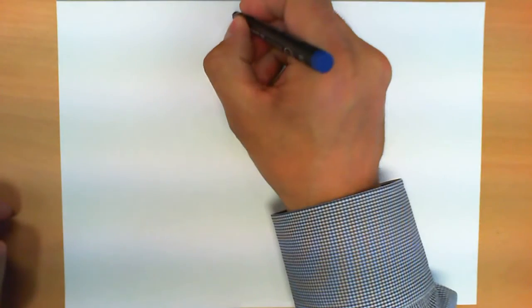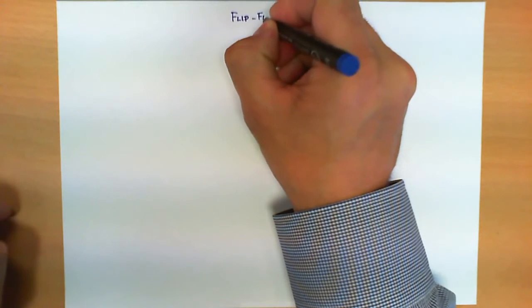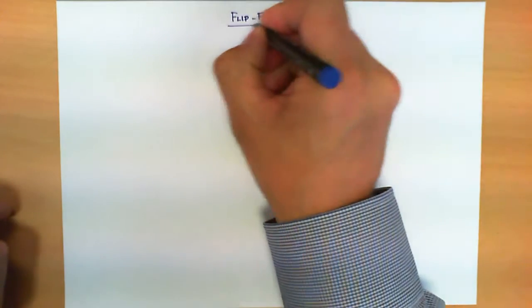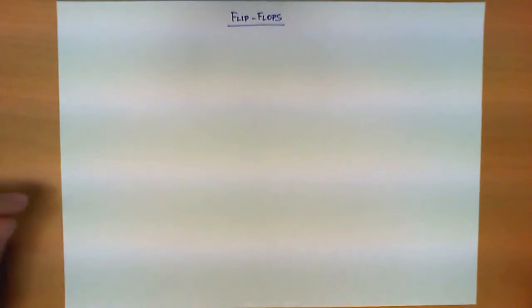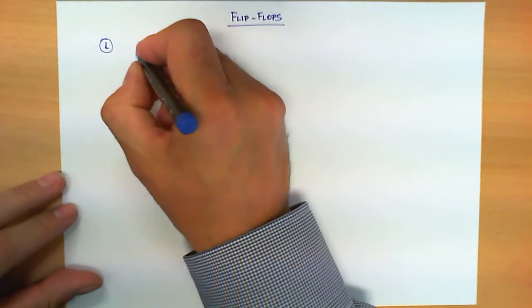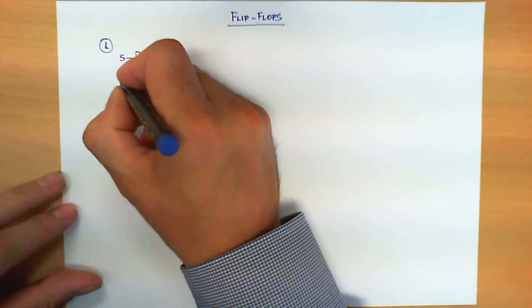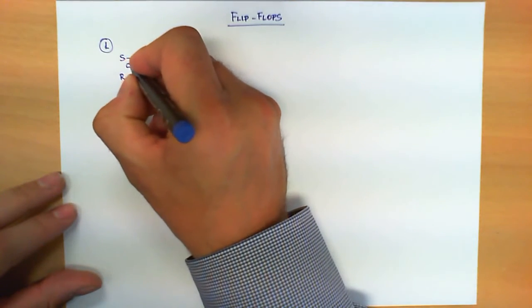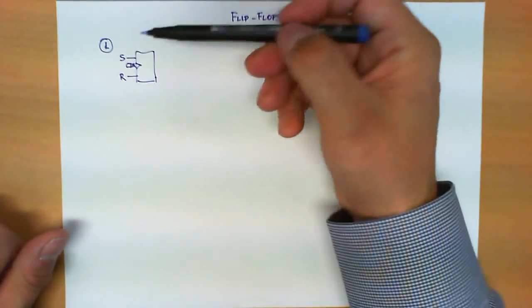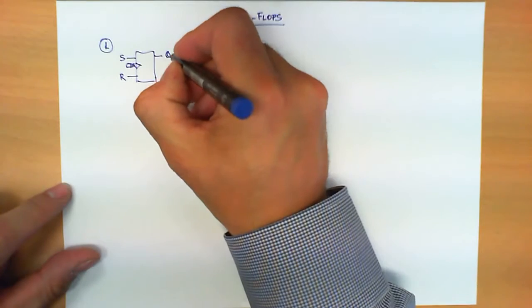In this video we're going to summarize how the digital circuits called flip-flops work. And we're going to study three types of flip-flops. The first type is what is known as the S-R flip-flop. This circuit has three inputs, S, R, and a clock, and two outputs, which we're going to call